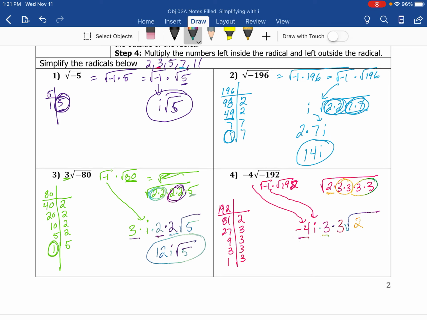And then I multiply it out. -4 times 3 is -12. -12 times 3 is -36. So it's going to be -36i radical 2. And that's how you